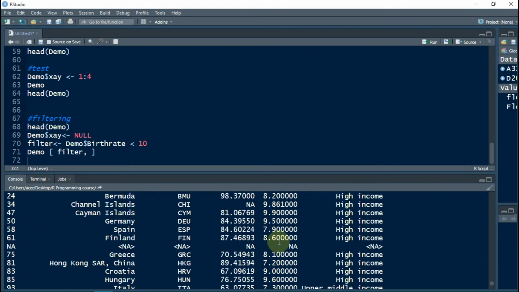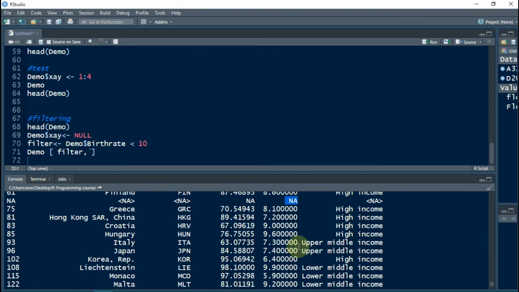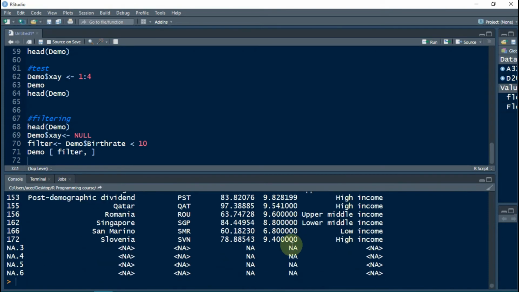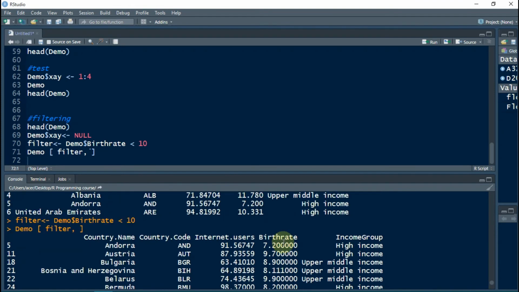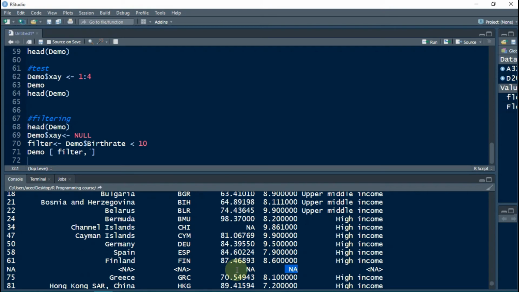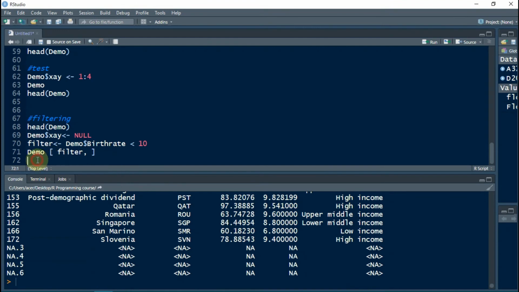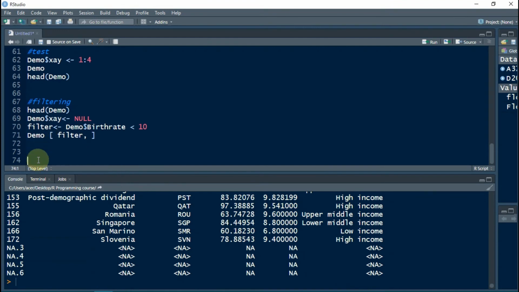So let us see how many values of birth rate were not available. We've got 1, 2, 3, 4, 5, 6, 7. So basically for 7 countries the birth rate is not available to us. Now we'll learn about removing these values with not available further down the course. For now let's just get familiar with it.